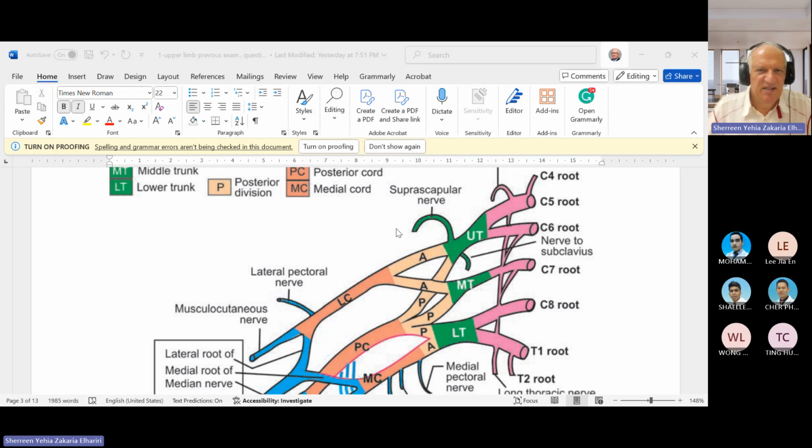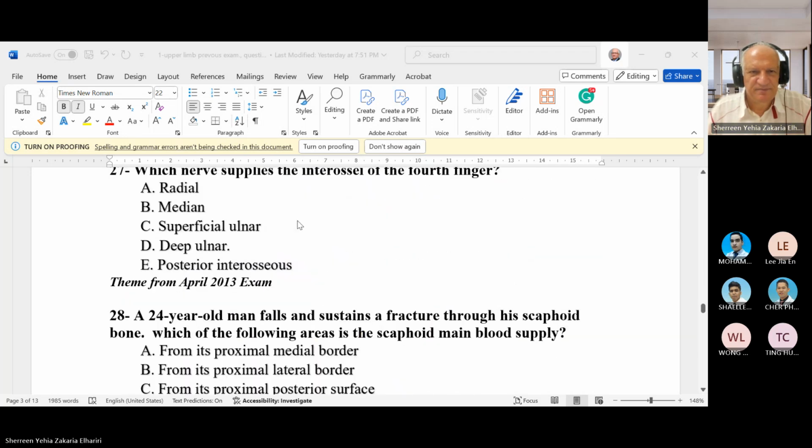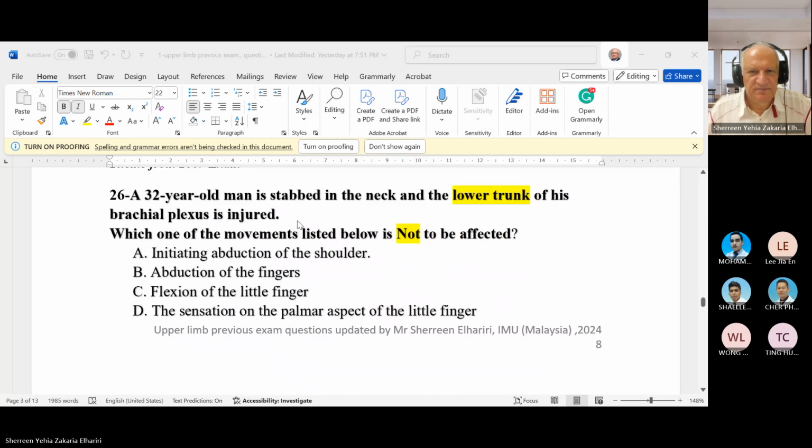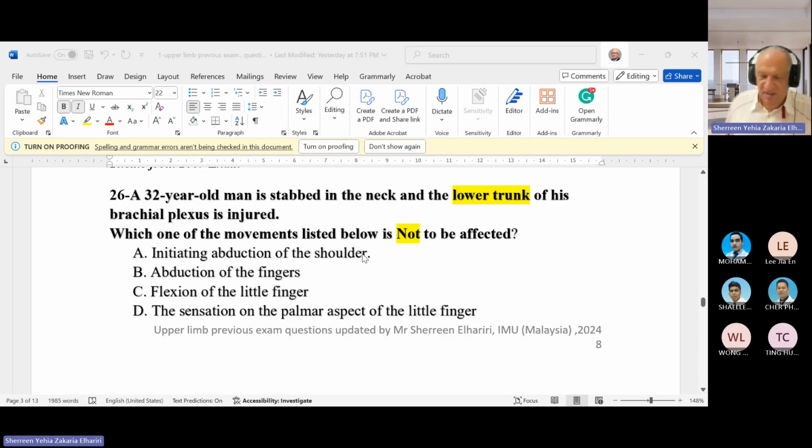If you remember again, the suprascapular nerve gives 2 muscles, supraspinatus and infraspinatus, and supraspinatus is essential for initiation of abduction of the arm. So if you come back to the question, he was stabbed in the lower trunk. The suprascapular is not from the lower trunk, it is from the upper trunk, so it's not affected. Okay, so it is important to put in your desk just a picture of the brachial plexus, lumbar plexus, all this,